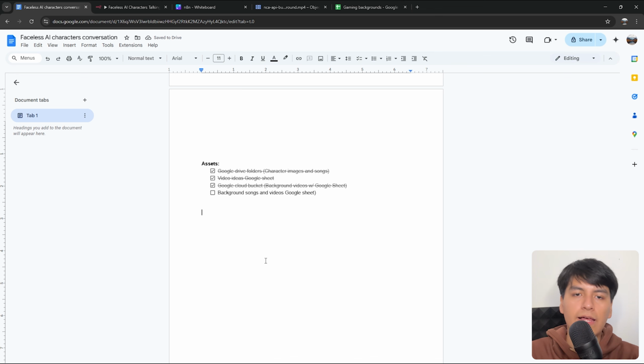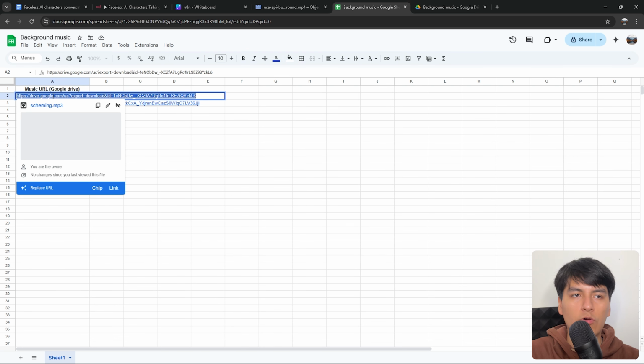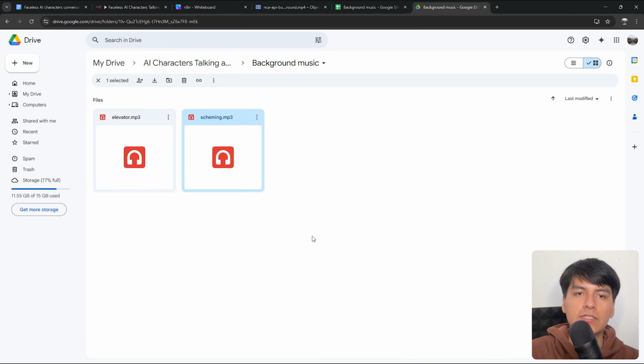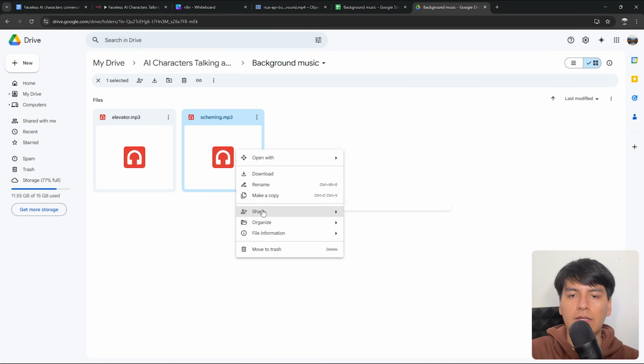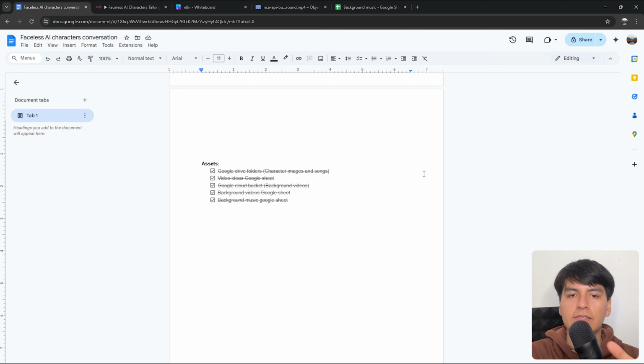So now the final asset you need to create is the same sheet but for your background songs. So it'll look something like this, and again the URL structure will be this part first and then your actual ID. And remember, the way you can get your ID is by right clicking on your file, clicking on share, copy link, pasting that link in your browser, and then just copying this number right here. So yes, that's it. And now that you have your Google Drive folder, your 3 Google Sheets, and your videos in the Google Cloud bucket, then you have everything ready to go.